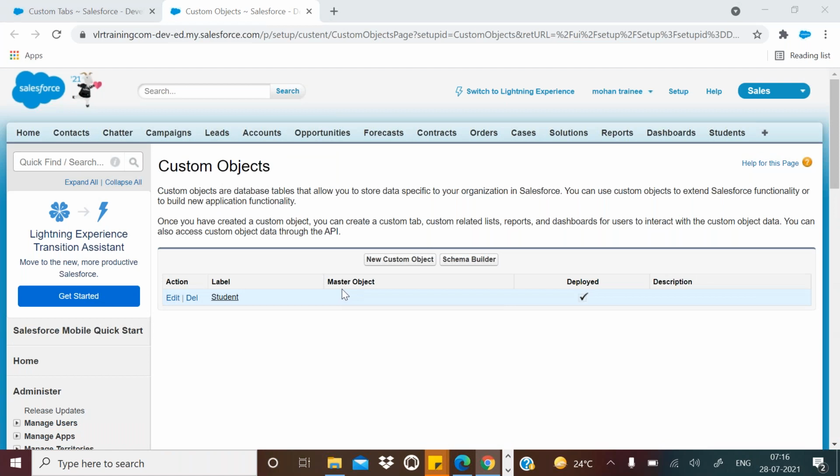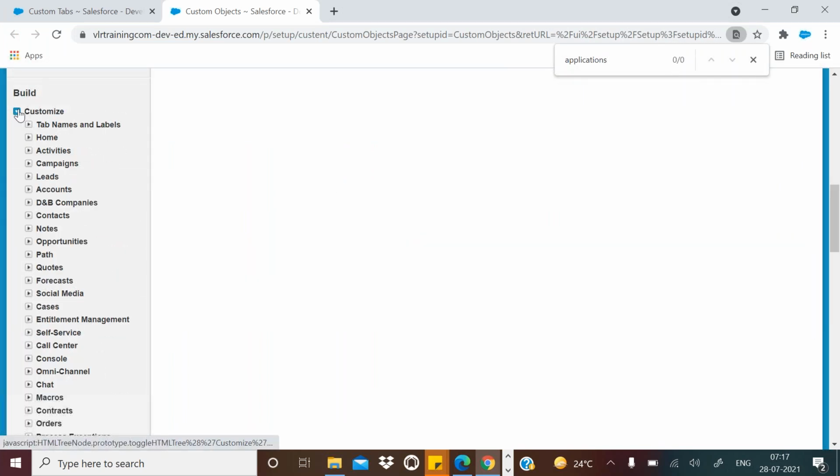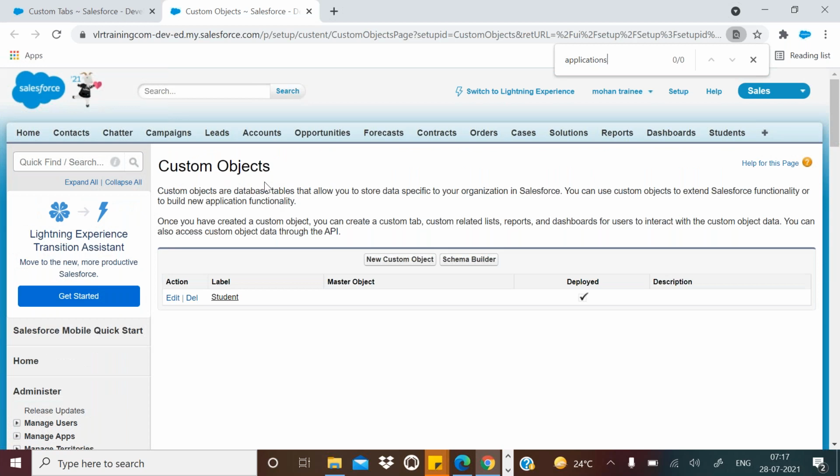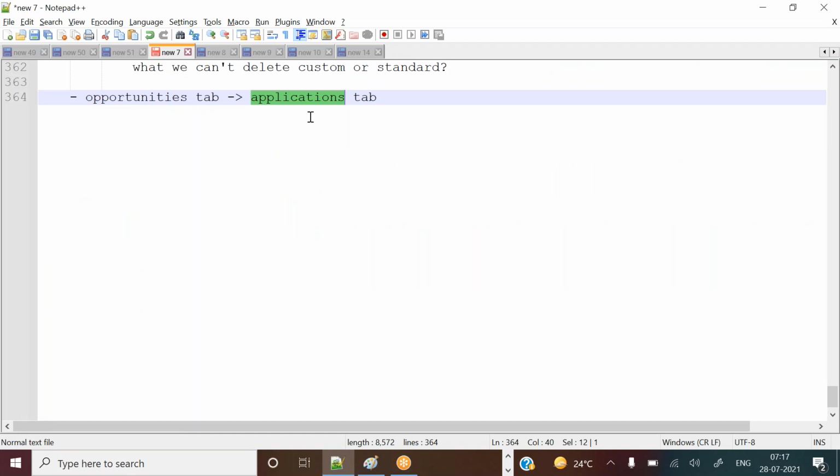So you are going to get confused in these areas only, that's why I'm saying. You are going to search like this and you can't find any applications, and you go here. Okay, and customize again, you search here, and applications is not here also. So generally you might think, oh, what is this, I can't see these names anywhere. Who created these names? Generally you will get this kind of confusion, and no one can help you in that situation. So that's why I'm saying, the application name: in the back end the original name is opportunities, and these names were changed by the Salesforce support team.